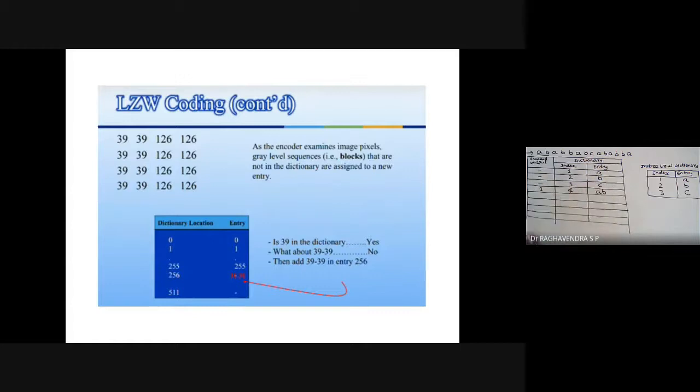Shall I repeat it for you? Did you understand? Dear students, shall I repeat or shall we continue? Dear students, I am audible.